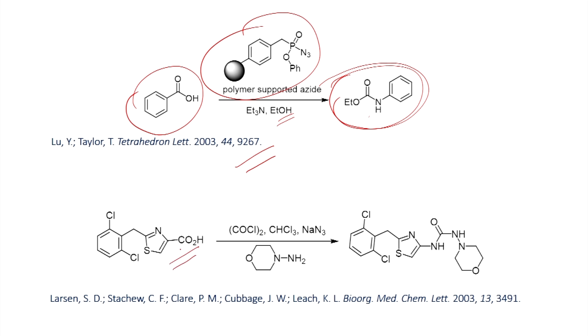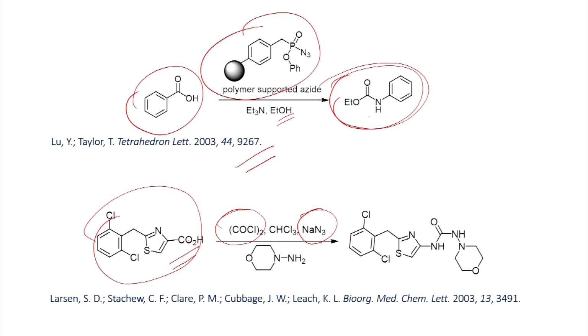Here also the reaction of this acid shown, when you react with the oxalyl chloride, you will be able to form the corresponding acid chloride. Once you form the acid chloride, which can undergo reaction with the sodium azide, you make the acyl azide. Once you form the acyl azide, as we have seen, which can be converted into isocyanate by removal of nitrogen molecule, and once you form the isocyanate, that can further undergo reaction with this amine, you will be able to make this urea derivative as a product.